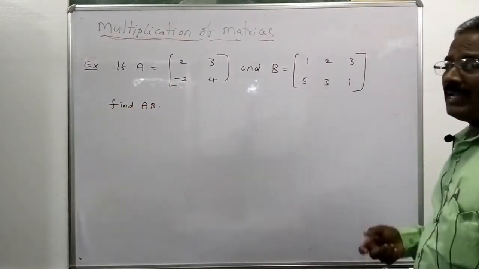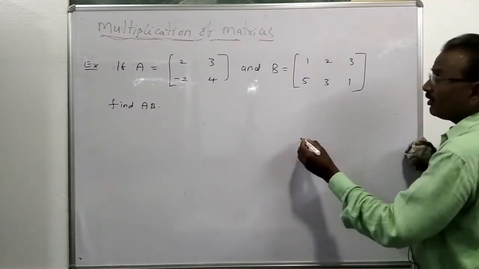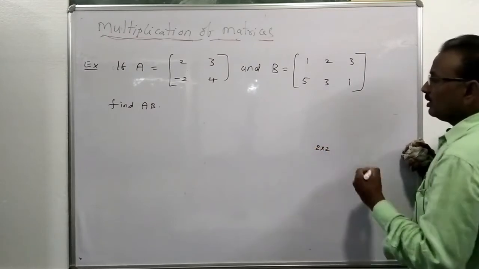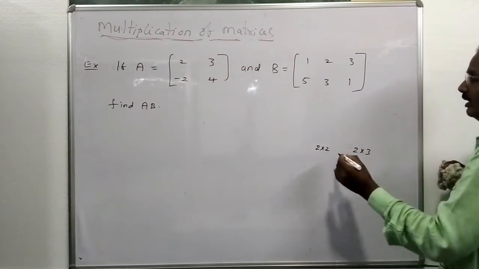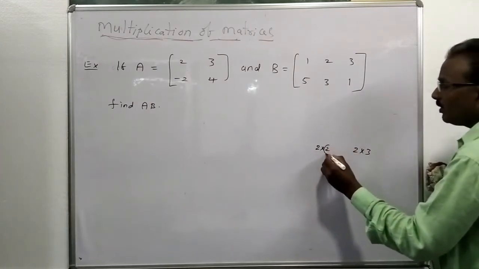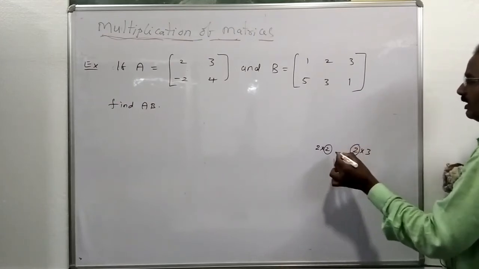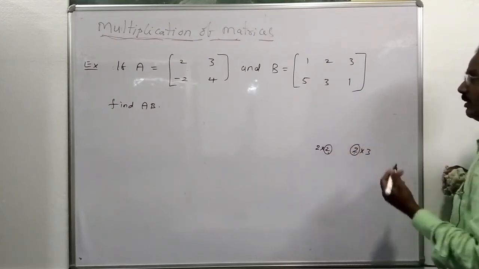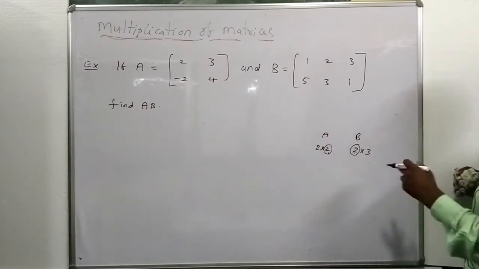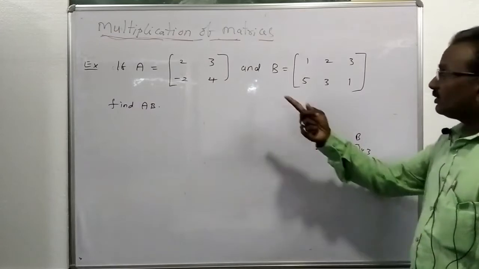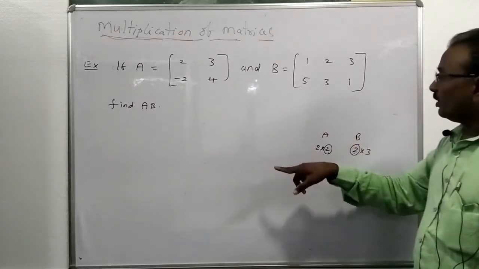First of all, does matrix multiplication exist or not? Here, what is the order of matrix A? The order of matrix A is 2 by 2 and the order of matrix B is 2 by 3. So clearly the number of columns of matrix A is the same as the number of rows of matrix B. If these two are the same, the matrix multiplication AB is defined. So clearly the number of columns of matrix A is the same as the number of rows of matrix B, therefore the matrix multiplication